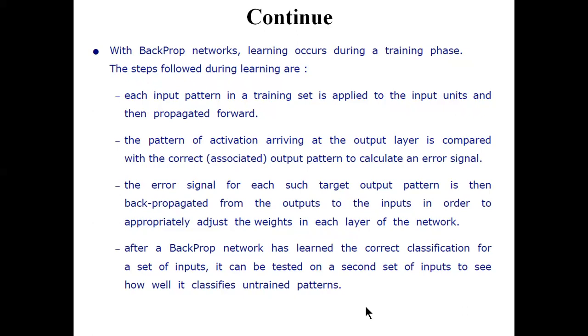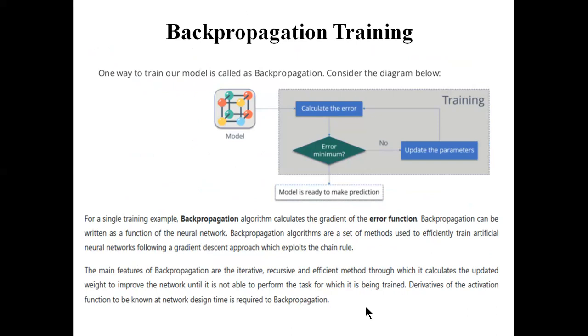Okay, so come to the backpropagation training. This is basically a schematic of the backpropagation training. You can see that our model works this way. Initially, during the training, we always calculate the error between the calculated output and the targeted output, and we check whether that error is minimum,